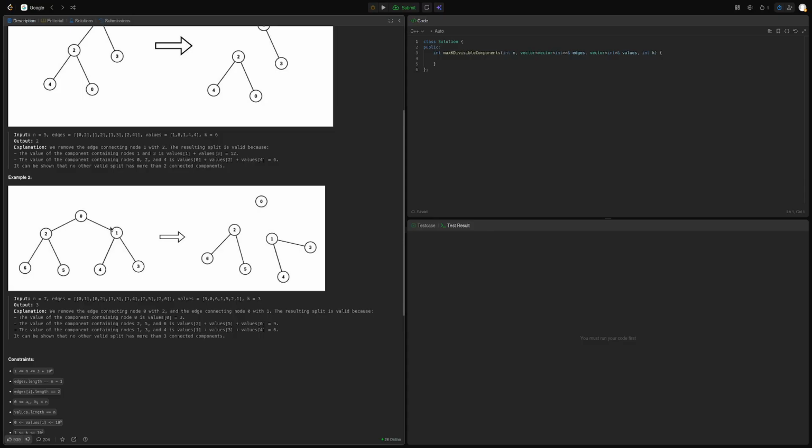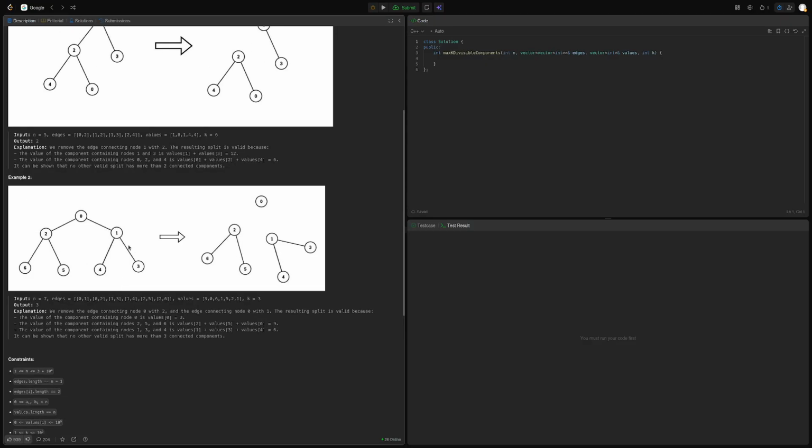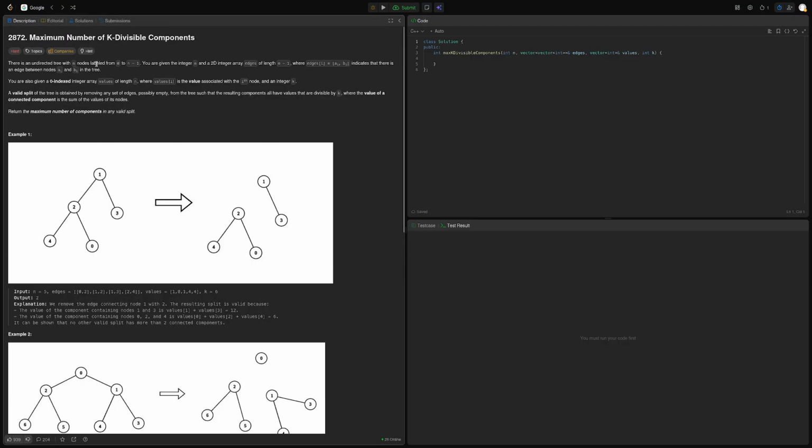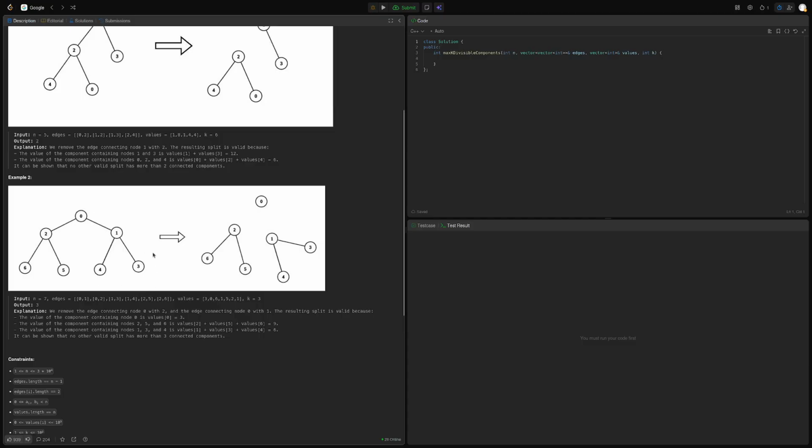So what's K? 10 to the 9, so we are not doing DP on K. Let's say, what's max, if I remove this, then if this subtree has some sum divisible by K, then it can be separate, but the rest also has to be divisible